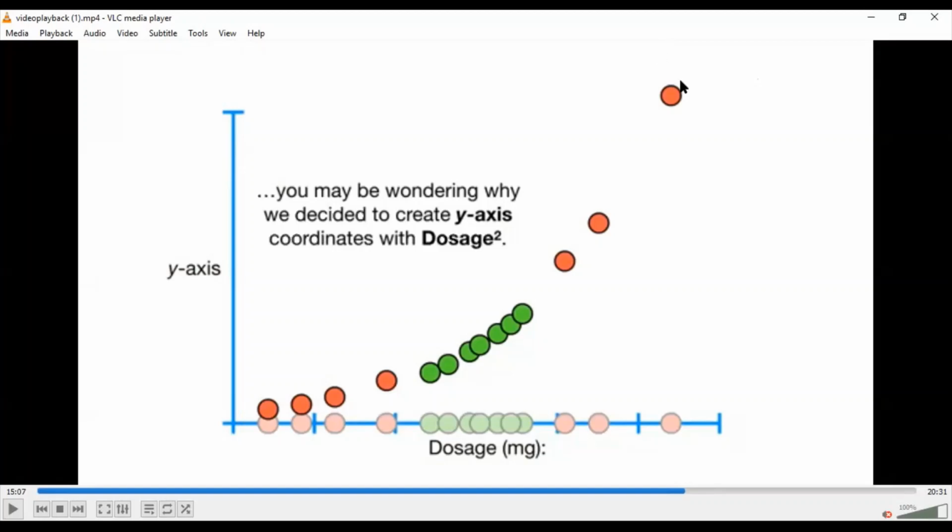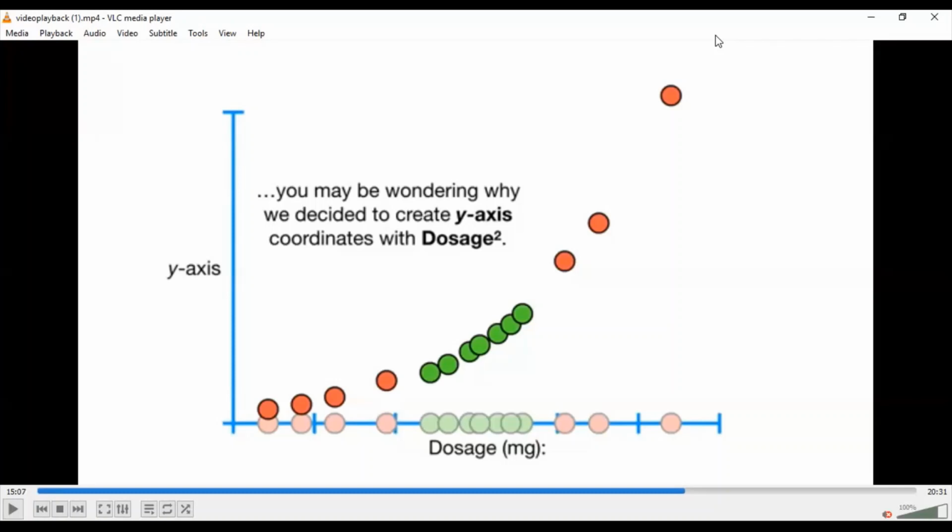I have a doubt. If you use the formula y is equal to x square, it could have been anything, like y is equal to x cube, or x to the power 4. How do we know which one to use? We can use any formula, like x cube or root x or whatever. How can we define that it's x square only? You do not have to think much about which formula you have to use. For that, there's one particular function known as SVM kernels. It does the work for you.